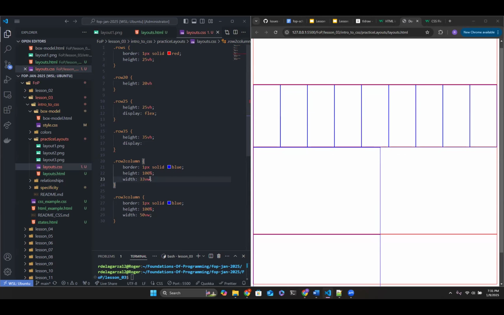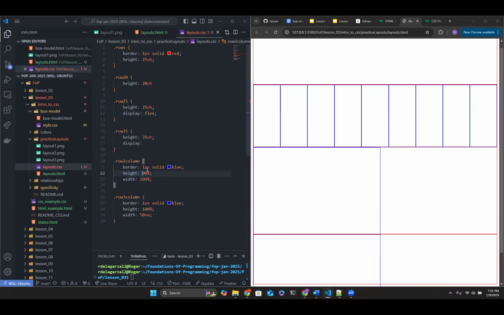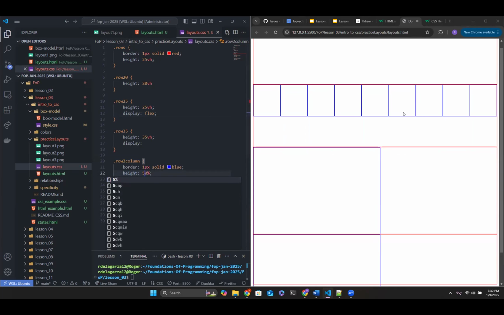Row 2 column. If I do 100%, I still have 1, 2, 3, 4, 5, 6, 7, 8, 9. All 9 of them fit, because Flex is smart enough to make them fit. But maybe this isn't exactly how I want it. Let's go with height. I'm only going to take 50% of the height. Let's see how that looks.